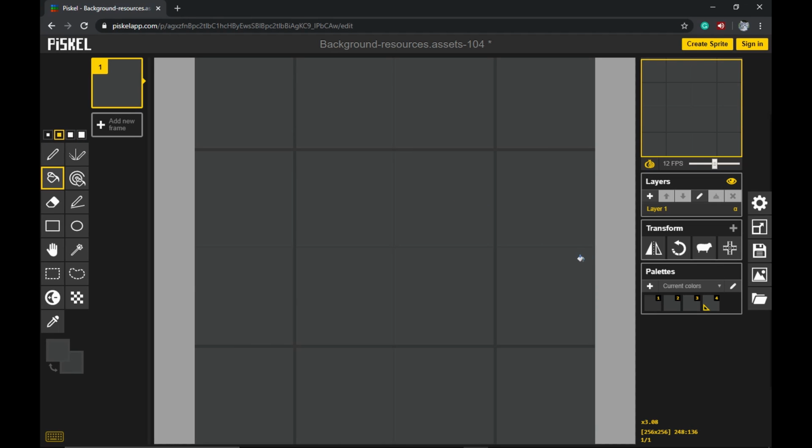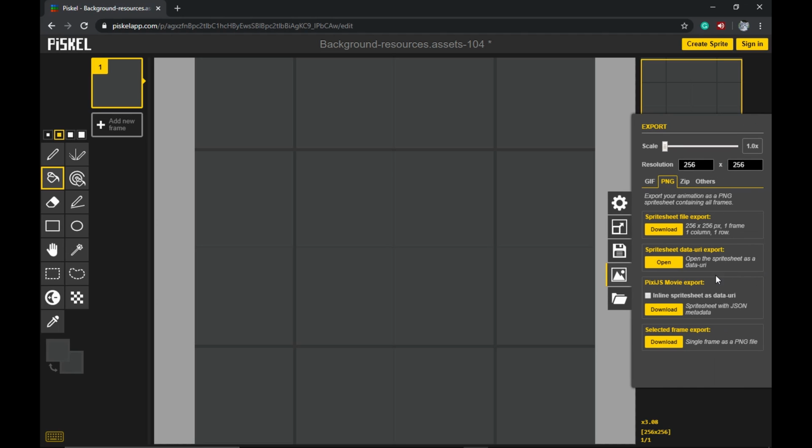So now what you're going to want to do is hit this image thing, or hit export right here, like the little image icon on the right. Again, this is for the website drawing thing I'm using. And then you're going to click sprite sheet data URI export. Just click the open button, and this is going to be your image. Now right click, save image as,